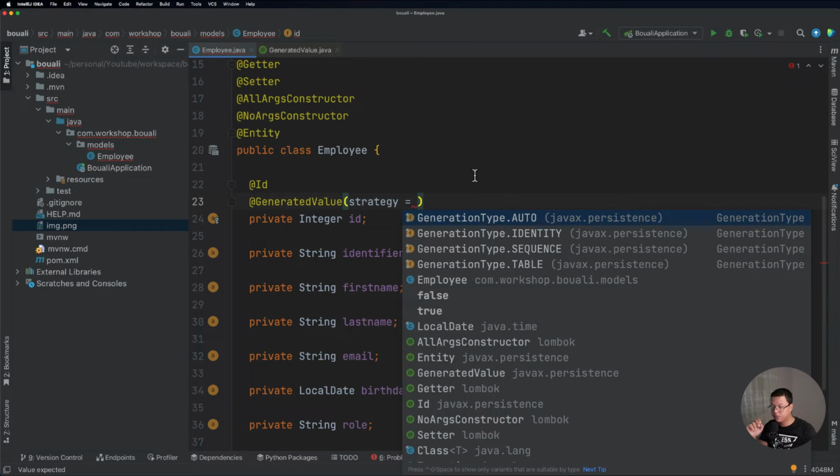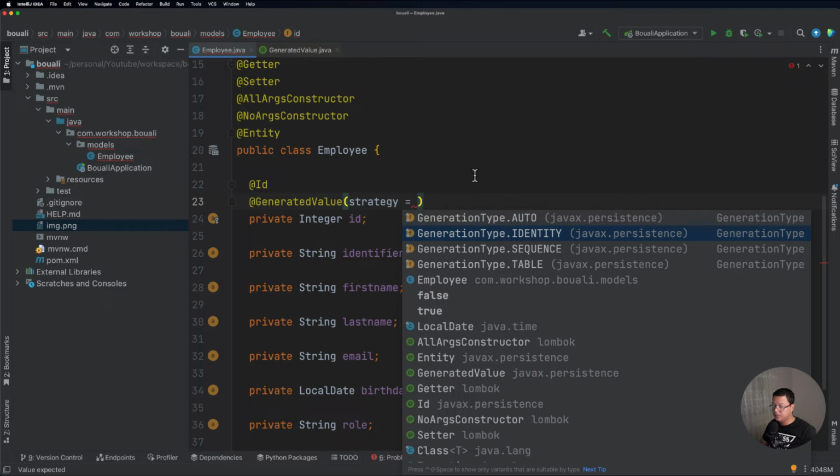For example, if you are using PostgreSQL, it will automatically choose a sequence, and it will create a sequence for that. If you are using a MySQL database, it will create a table for that, and the strategy will be GenerationType.TABLE. So let's go through the 3 different types. Now we understand what AUTO stands for.